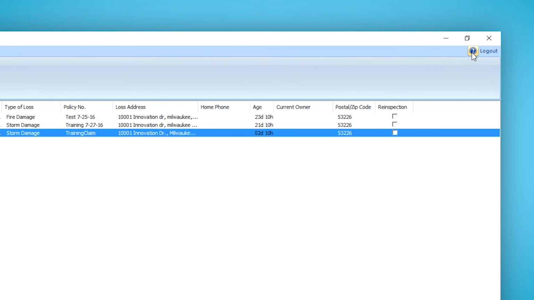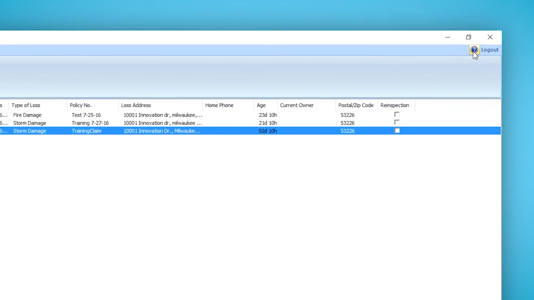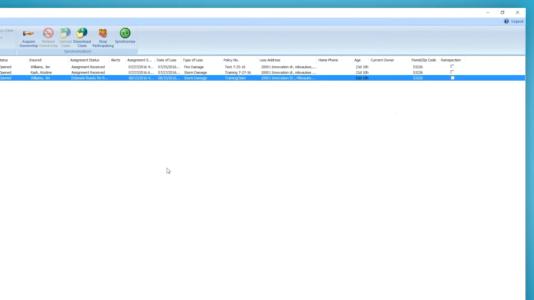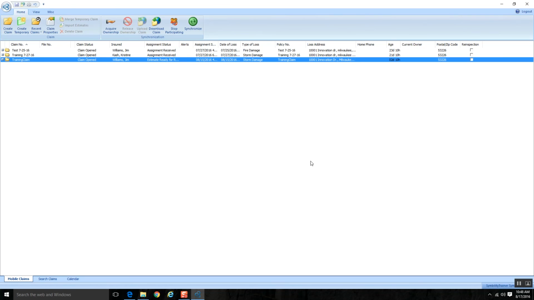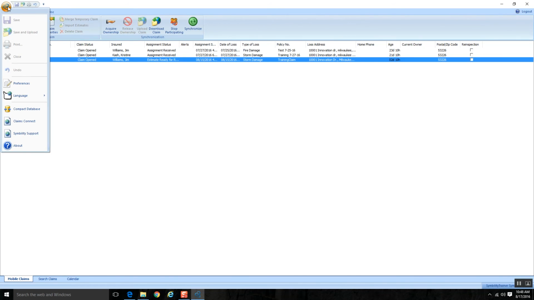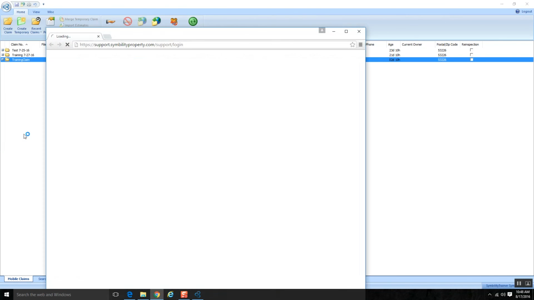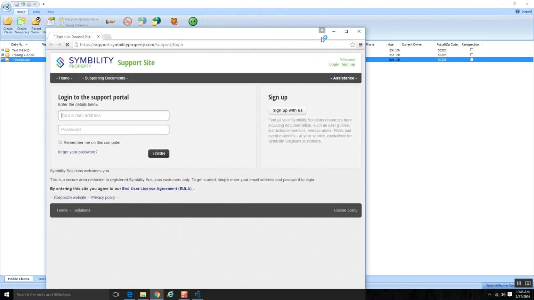You can search the index. Things are broken down into kind of bite-sized pieces for you. A really great tool to help you right here while you're working within the system. But if you want some more help, you can always access our support site. So if I click on the Symbility icon up here, the second to last option down here says Symbility Support. You'll click on it, a new window's going to load,